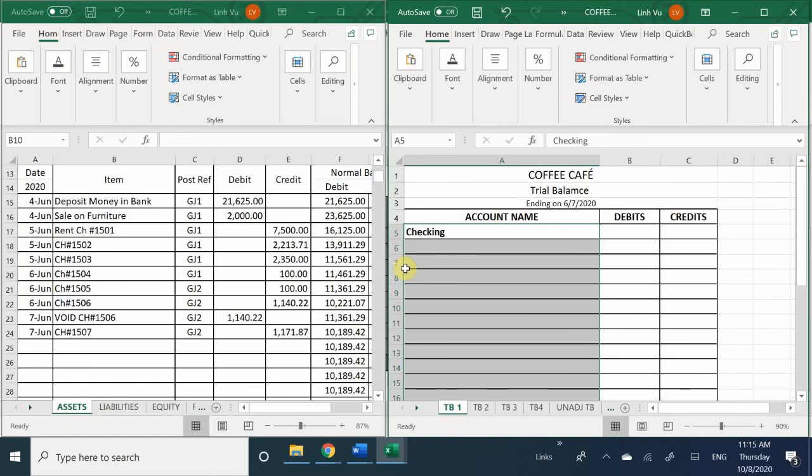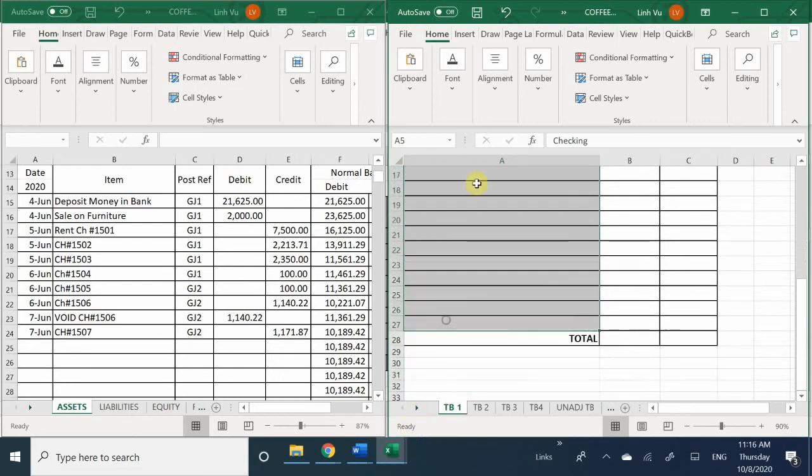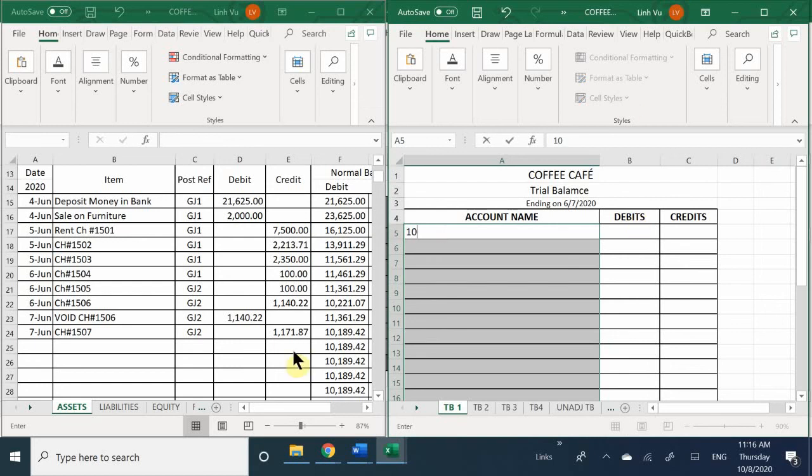All we're really dealing with here is just listing out all of the accounts that exist in my ledger, and I am just recognizing what the balance is. So in this case, I recognize that I currently have a debit balance of 10, okay. There we go. I currently have a debit balance of the